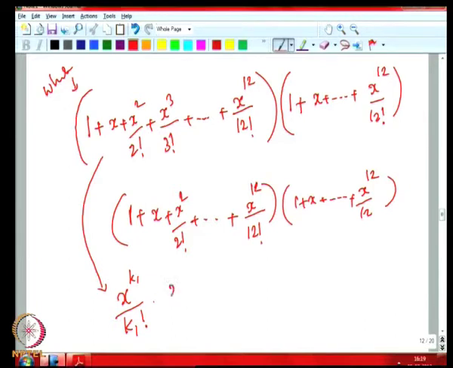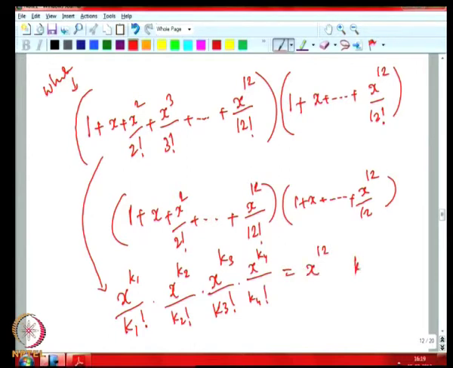Then from the second term we will take x raised to k2 by k2 factorial, from the third term x raised to k3 by k3 factorial, and then x raised to k4 by k4 factorial. So this will be x raised to 12, where k1 plus k2 plus k3 plus k4 is equal to 12,